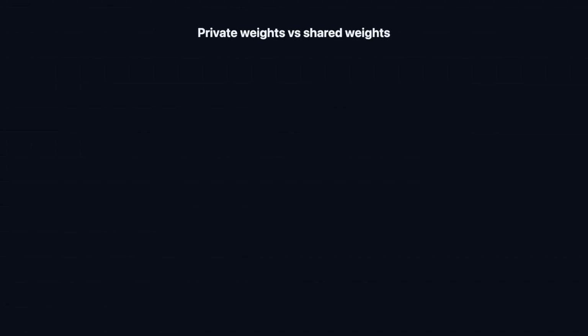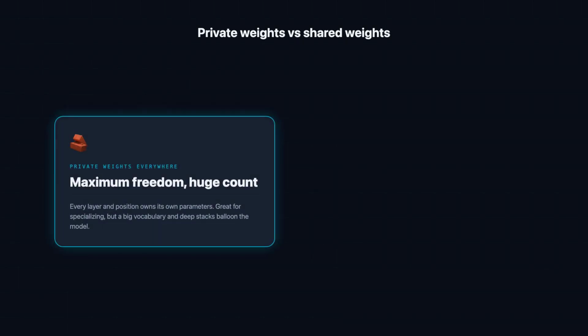So what's the real difference between giving every part its own weights and sharing them? Here it is side by side. The default in most networks is that every layer and every position carries its own independent parameters. That gives each part maximum freedom to specialize, but it also means the parameter count balloons. A huge vocabulary, deep stacks of layers, and wide filters all pile up into an enormous model to store and